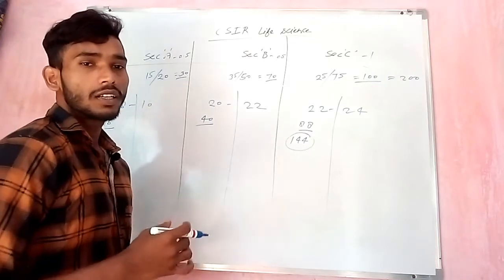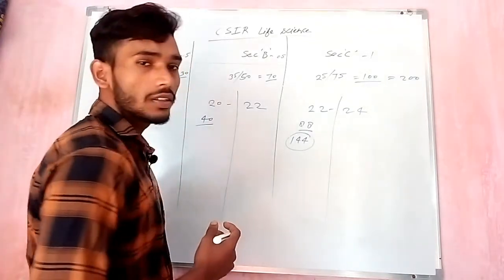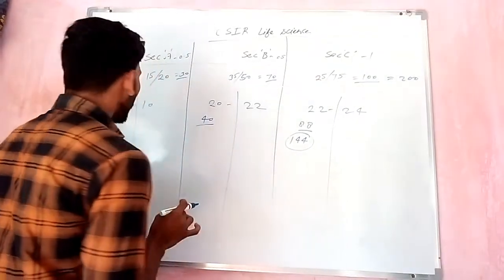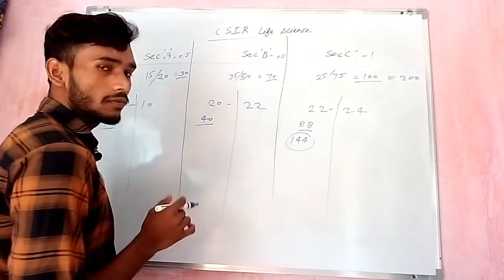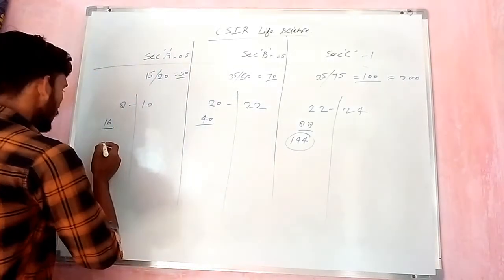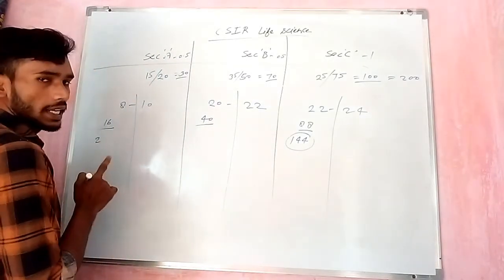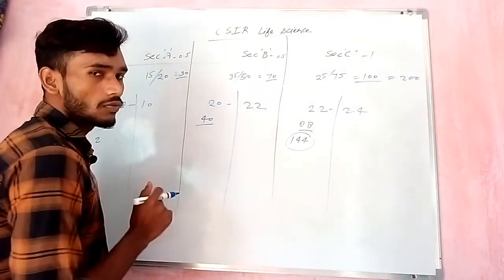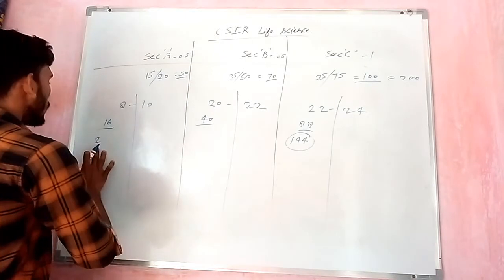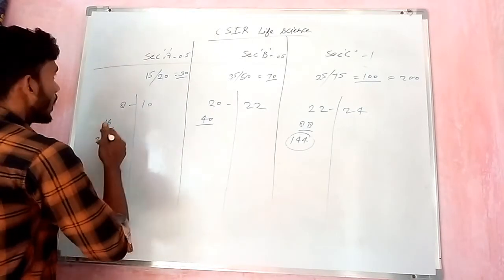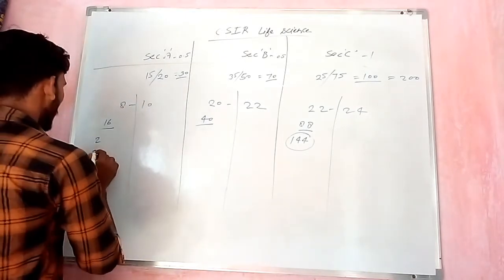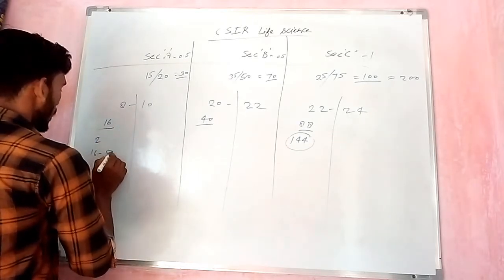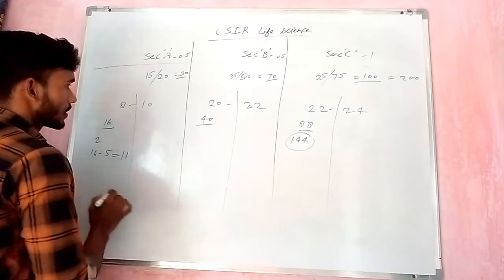Some of the answers will be wrong. It is not guaranteed that all of the answers will be correct. So let's see if some questions are wrong. If 2 are wrong in section A, and for each wrong answer negative marking is 0.5, then 2 into 2 is equal to 4, and 1 for negative marking. 4 plus 1, 5. 16 minus 5 is equal to 11 marks.